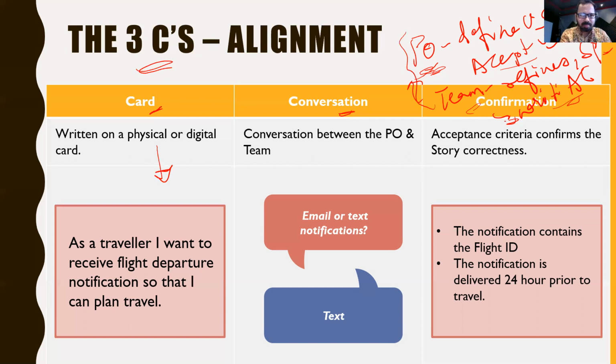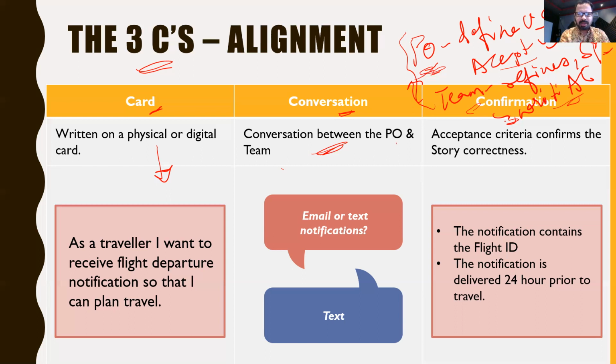Now, there's a conversation between the PO and the team. So when the story is onboarded by the product owner, the conversation between the PO and team is about, okay, what kind of notifications do you want? Do you want SMS notification? Do you want email notification? Should we send you a WhatsApp? Then maybe the product owner says, oh yeah, we don't want email and all that. Any text messaging will work. Okay, so they just want text messaging. Now he's not exactly telling whether it is SMS or WhatsApp. Yeah, maybe anything would work. It doesn't matter, but not email.